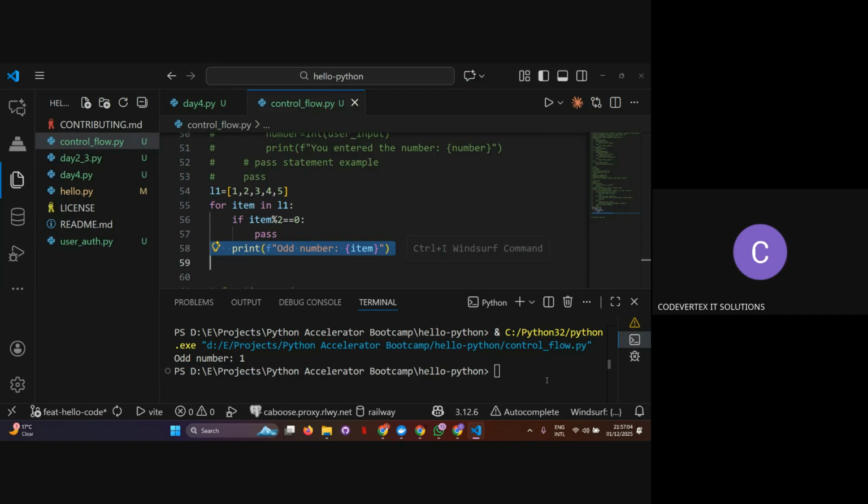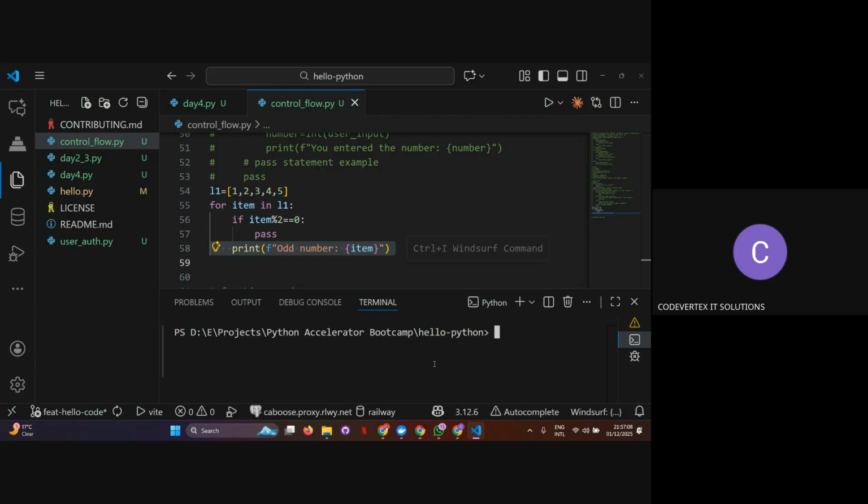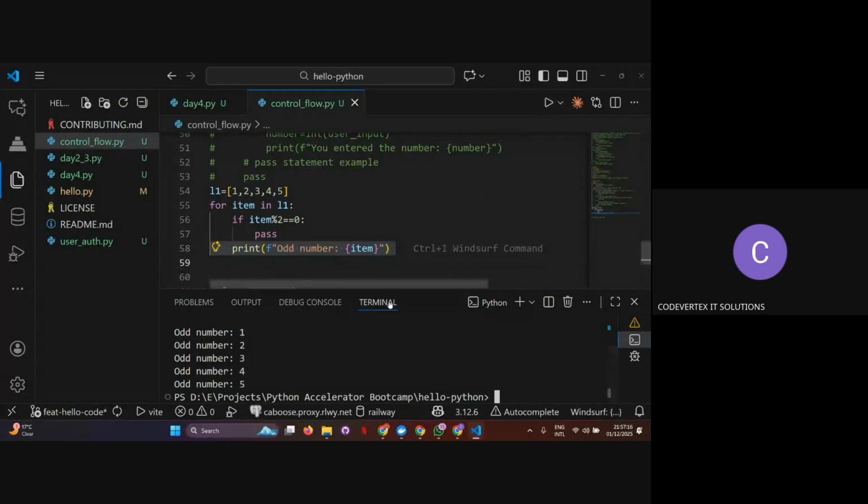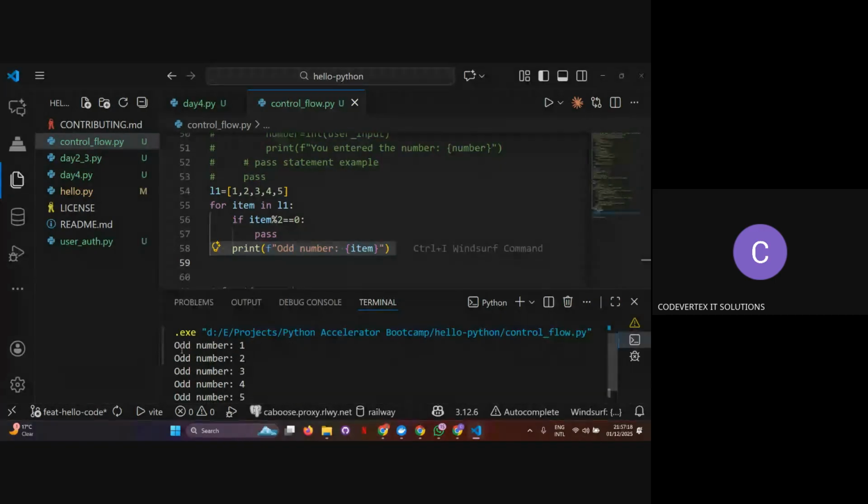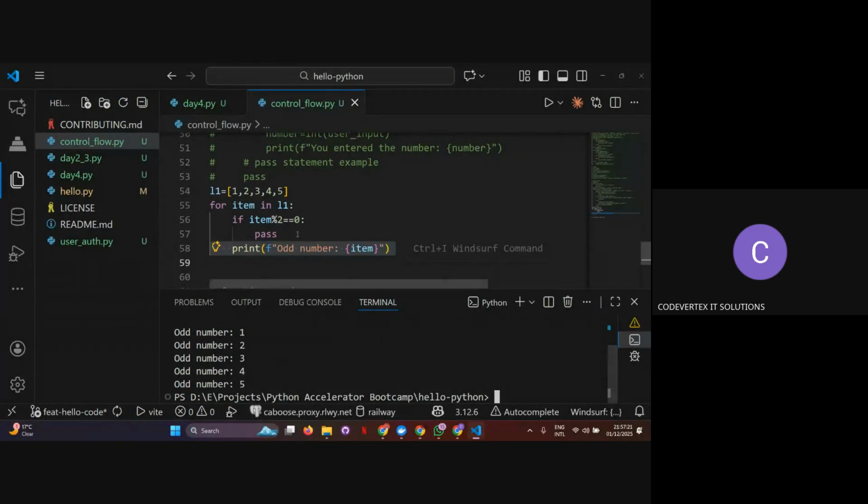So now that you understand what pass does, what will be printed here? Let me run it. So you can see now I have 1 to 5. Why? Because pass